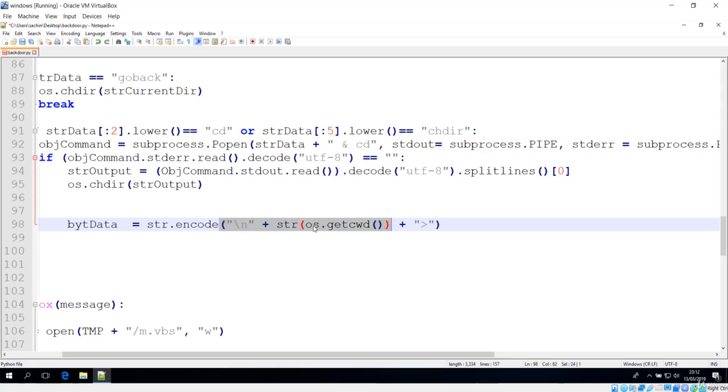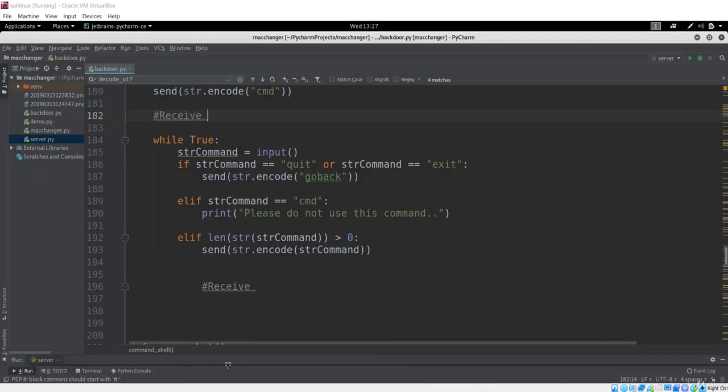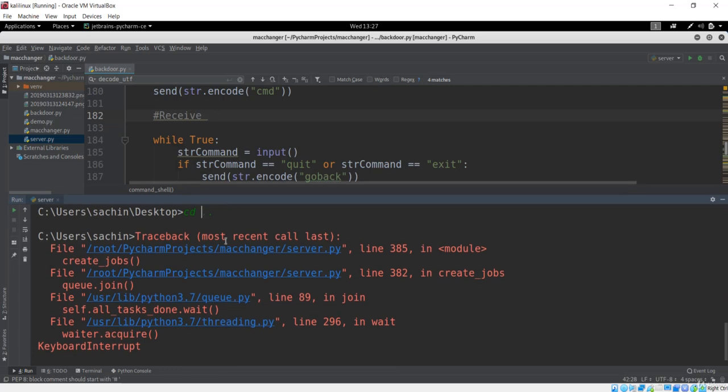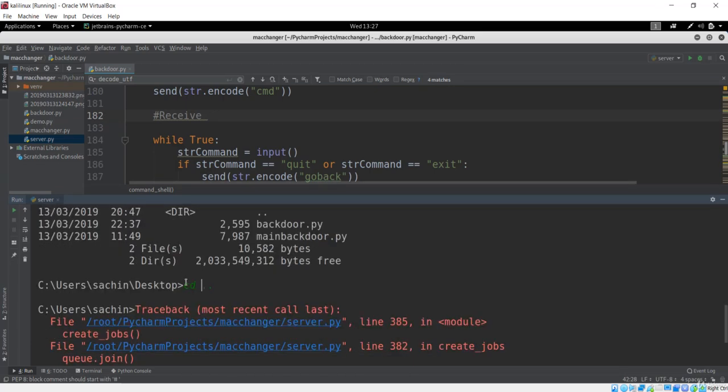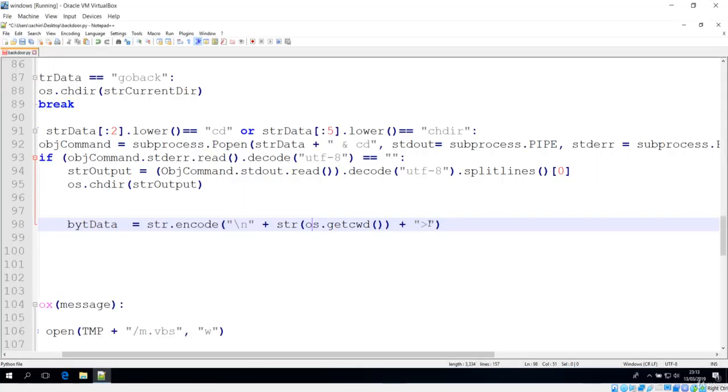So we are getting the new information again, and this is to represent that, if I just show you something over here in Kali Linux. I have done this before, so you could see that this was the current working directory, which was the desktop over here, and I just type here cd, and it has changed to this desktop now, and at the last there was this angular bracket sign, so we are just putting that at the last.